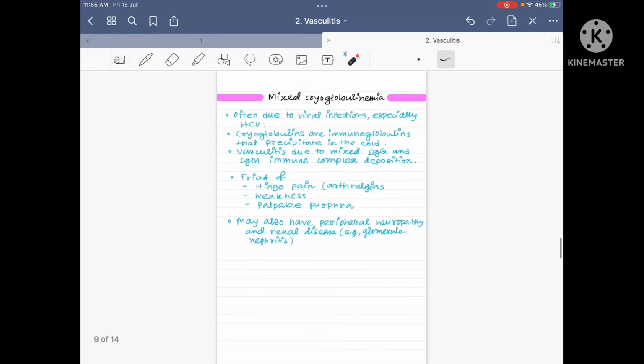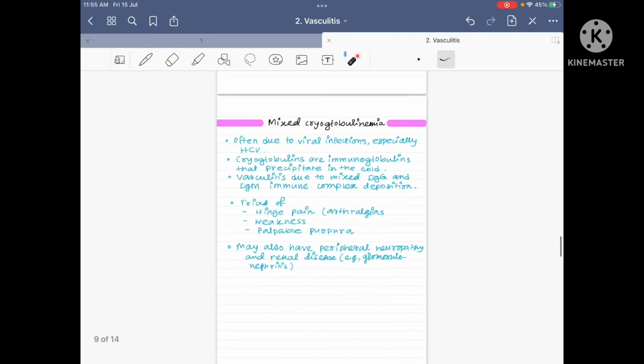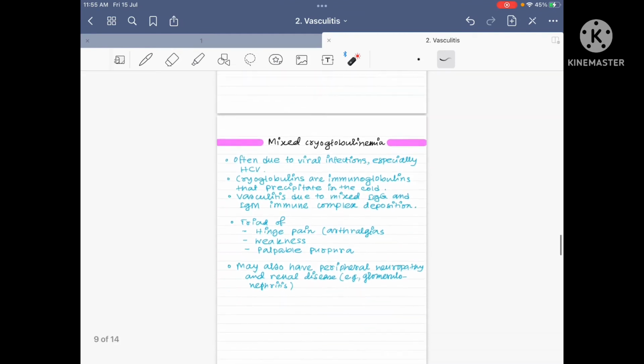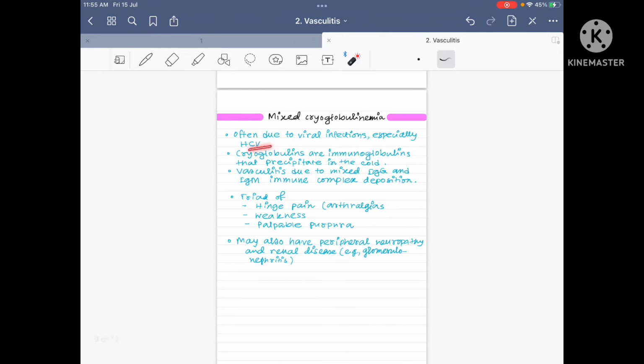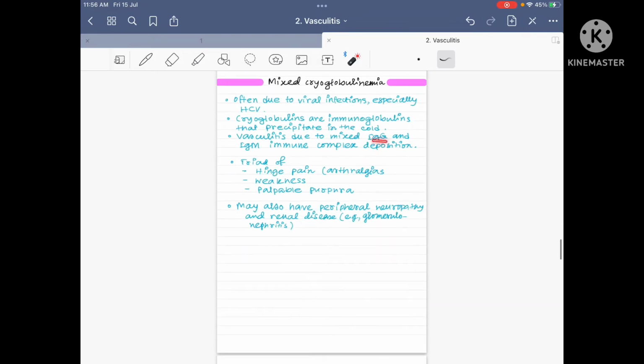And next is mixed cryoglobulinemia. If you remember the HSP part, you can easily remember the mixed cryoglobulinemia part. There is all C, often associated with hepatitis C virus, cryoglobulin, all C. But the vasculitis is not due to IgA. Here it is due to IgM and IgG. That's it. And there is also a type of